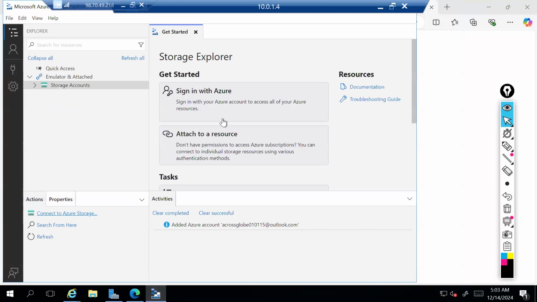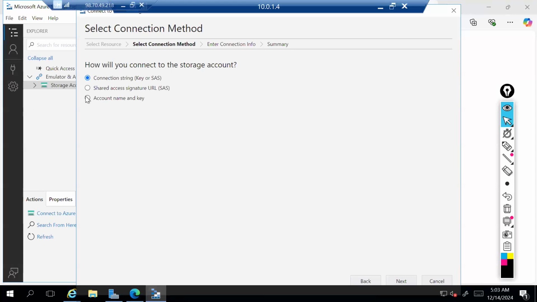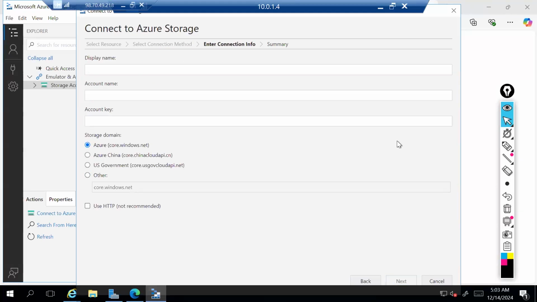Connect to storage account. Again, I'll show you, there are multiple ways, like we did. Let me just connect with the account name and keys. What is that name? Demo QT.